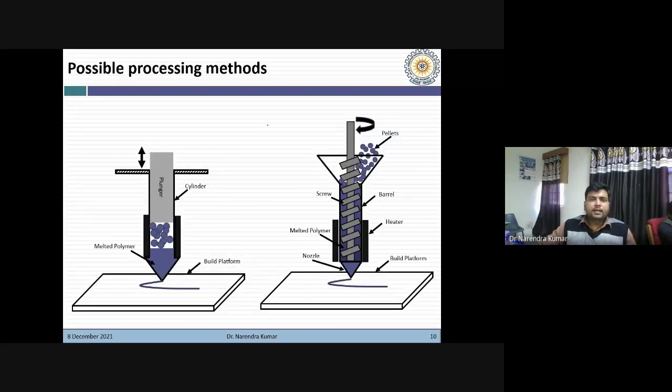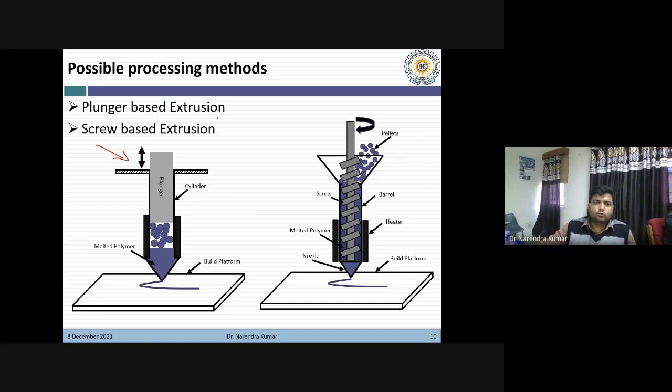So what are the possible methods of processing the pellet based material? Here I have shown two different diagrams. First is the plunger based extrusion, second is the screw based extrusion.